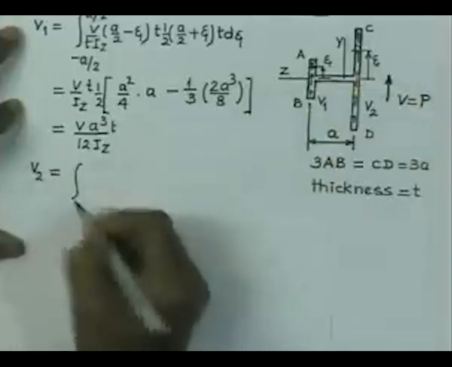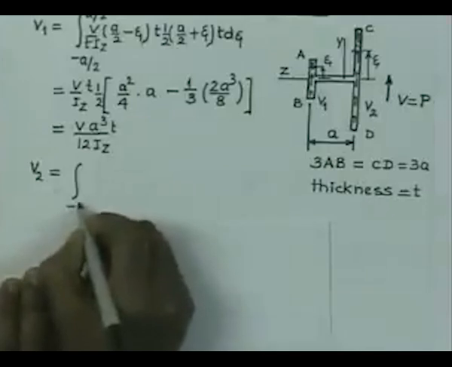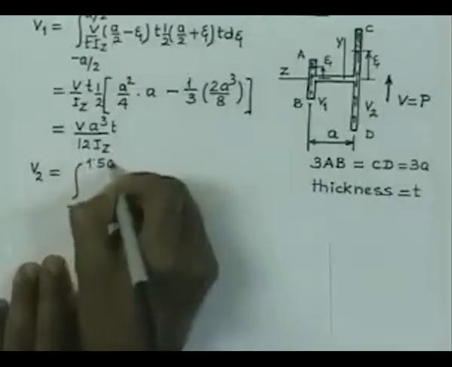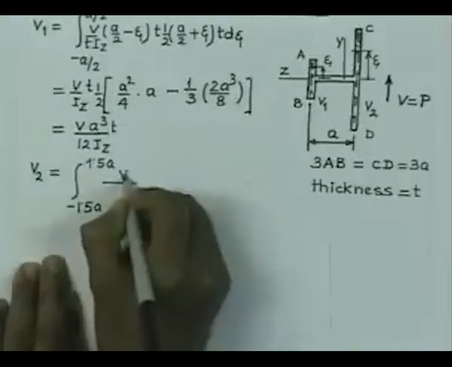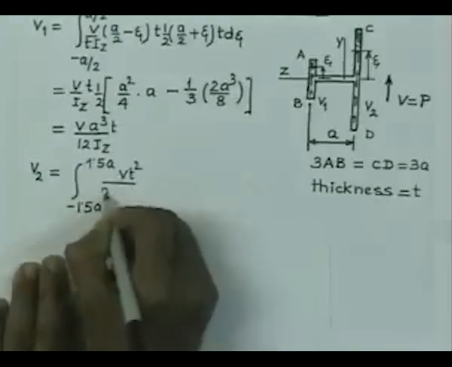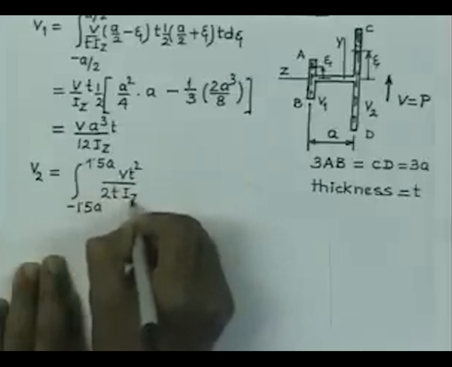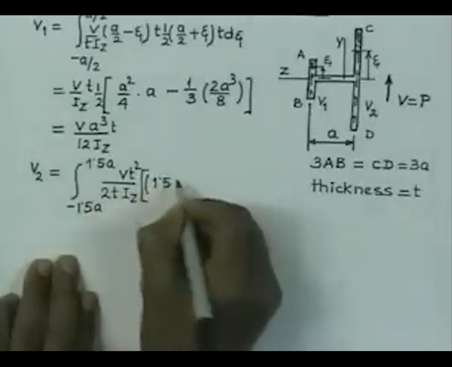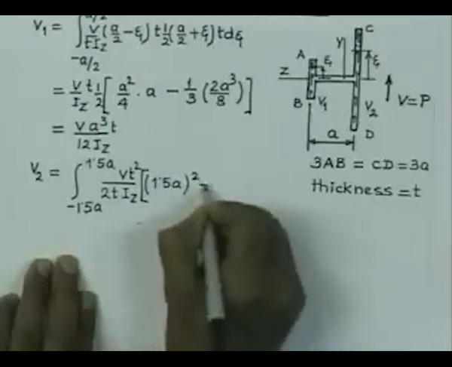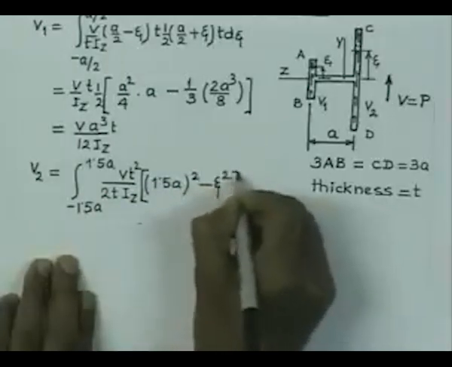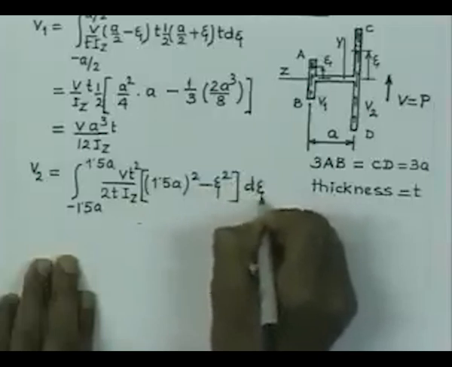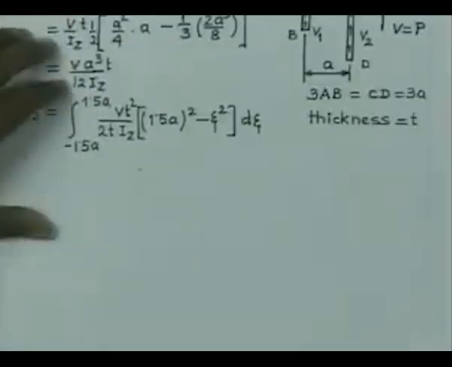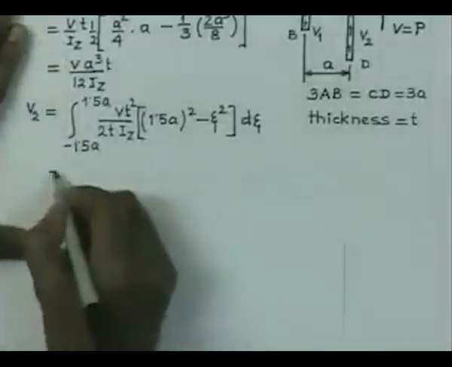V2 is equal to the integral from minus 1.5A to 1.5A of V t square by 2 t I z into (1.5 A square minus xi square) d xi. So, we simply try to replicate that form, and then once you calculate this,